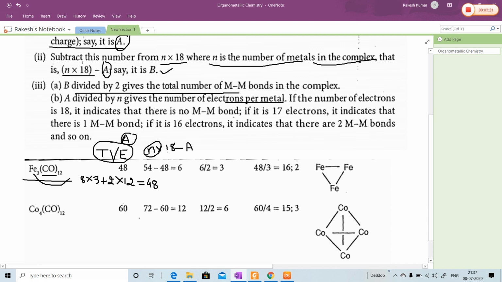So 3 into 18, 54, minus total valence electron 48 will give you 6 electrons. Then in the third step, this whole term is represented by B. Then this B divided by 2 will give you the number of metal-metal bonds in the complex, and in the last step